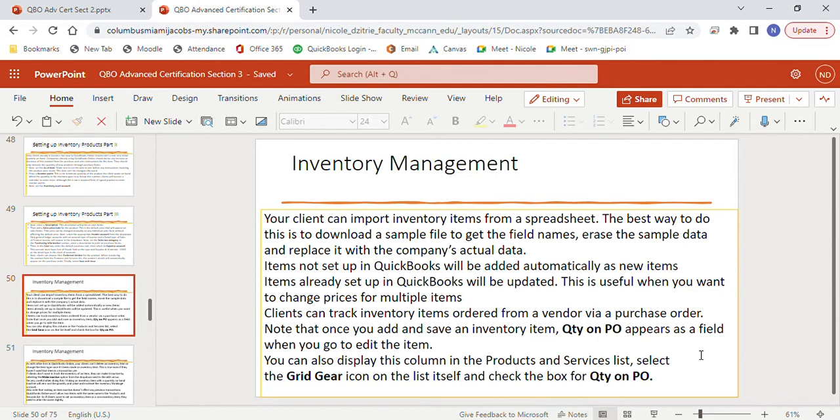Clients can track inventory item orders for a vendor via a purchase order. Note that once you have added or saved an item, quantity on purchase order appears as a field when you go to edit that item. You can also display this column in the product and service list. Select the grid gear icon on the left-hand side, or on the list itself, and check the box for the